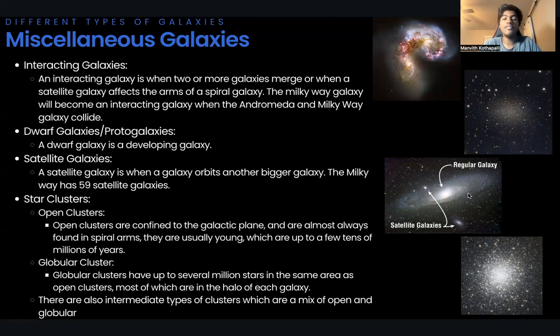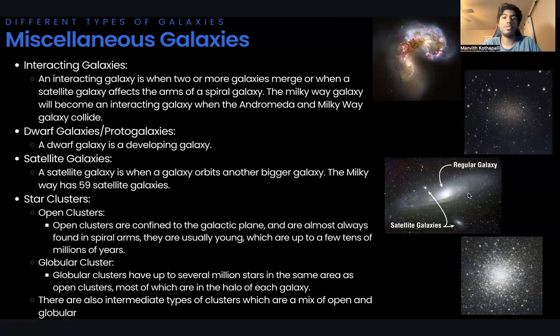A star cluster is basically a large group of stars that are held together by each other's gravity. There are two distinguishable types of star clusters: globular star clusters and open clusters. Open clusters are confined to the galactic plane and are almost always found in spiral arms. They are usually young,